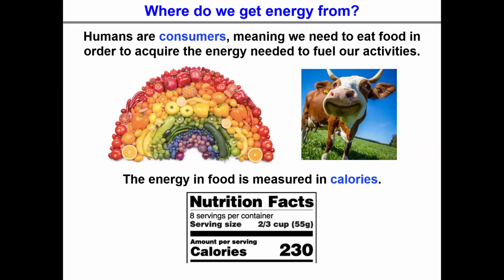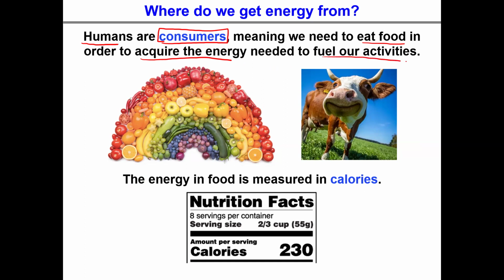So where do we get this energy from? One of the important things we need to know is that humans are considered consumers. The reason we're known as consumers is because we cannot produce our own energy. In order to maintain our cells and acquire that energy, we need to go ahead and eat something. So again, we need to consume food in order to acquire the energy needed